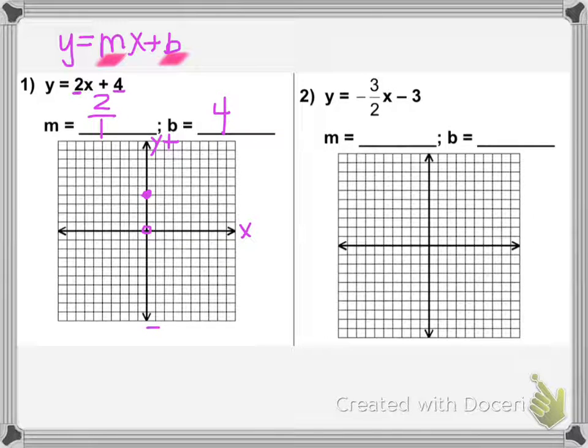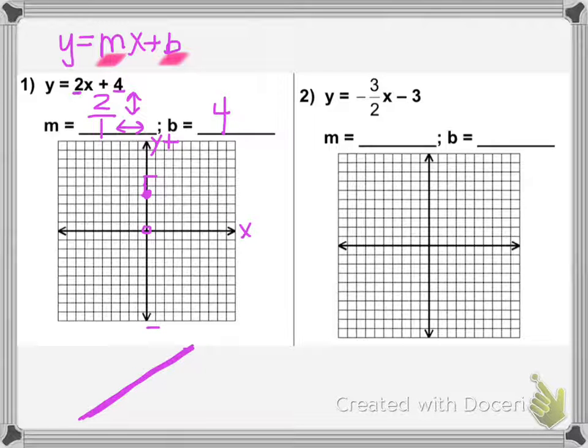Now we're going to move with our m. Our m is 2 over 1. That is positive, so we want our graph to go up from left to right. Just keep that in mind as you're doing this. Now you're actually creating that triangle that we pulled off of those lines. So remember, the top number, that 2, we're going to go up or down. The bottom number, the 1, we're going to go side to side. And we're going to go in the direction that's going to give us that positive looking slope, up from left to right. So I could either count up 1, 2 from the b, and then count over 1,